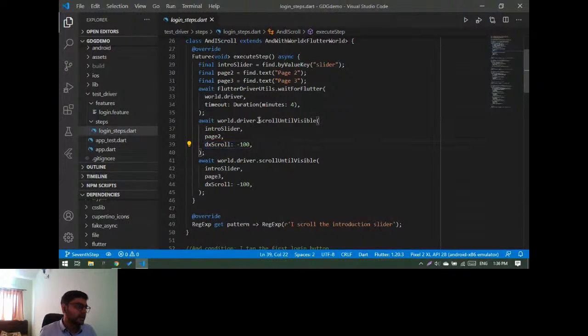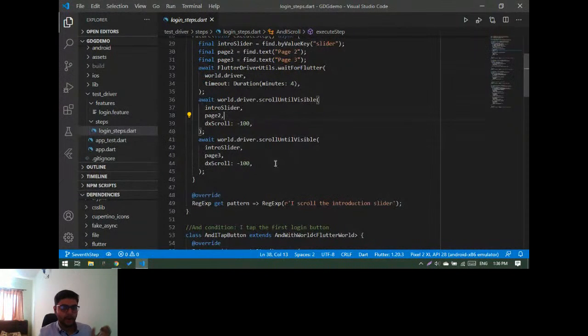गर्ने एकचोटिमा। यो स्क्रोल अन्टिल भिजिबल चाहिँ त्यो जुन विजेट हामीले फाइन्ड गर्न खोजेको त्यो देखिएपछि स्क्रिनमा आएपछि चाहिँ यो स्टप हुन्छ। सो पेज 2 को लागि यो भयो, पेज 2 भिजिबल हुन्जेलसम्म नेगेटिभ एक्स एक्सिसमा 100 पिक्सल्स स्क्रोल गरिरहेको हुन्छ र त्यसपछि पेज 3 को लागि पनि 100 पिक्सल्स स्क्रोल गर्दै जान्छ, त्यही रिपिट हुने हो। अब रेगुलर एक्सप्रेसन त त्यही अघि मैले भनिहालेँ फिचर फाइलको सेकेन्ड स्टेपमा आई स्क्रोल द इन्ट्रोडक्सन स्लाइड छ, त्यसैले हामीले रेगुलर एक्सप्रेसन युज गरेर योसँग म्याच गरेको।